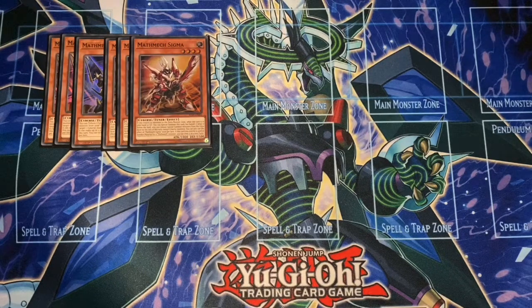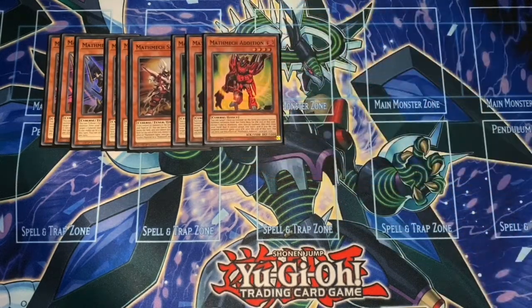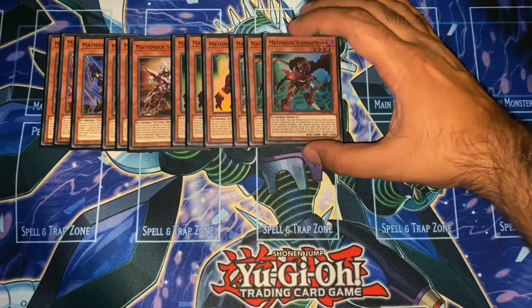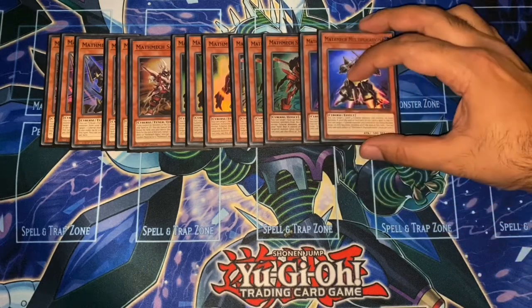And then your kind of 3 special summons, you've got Addition. So you target a monster on the field, it increases attack by 1,000, and you can special summon him out. And then you have the opposite with Subtraction. Same thing, target a monster, it loses 1,000 attack instead, and then you can special summon him out. So really good. Then I actually play 2 Multiplication